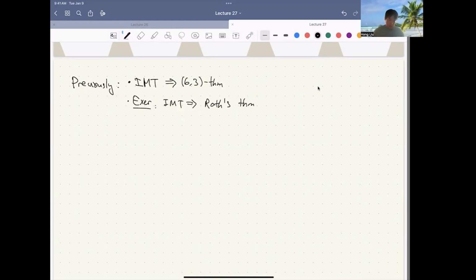So today let's prove the induced matching theorem. That's the first thing we will do. So let's recall the statement. It says that, induced matching theorem, if you have a graph